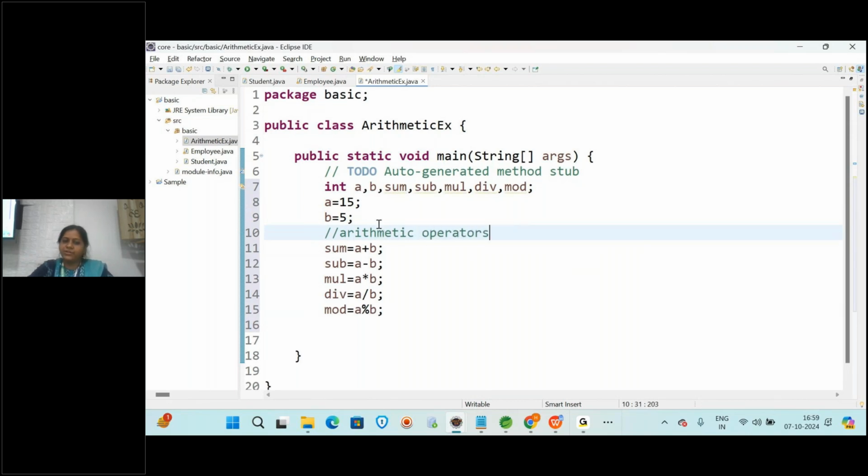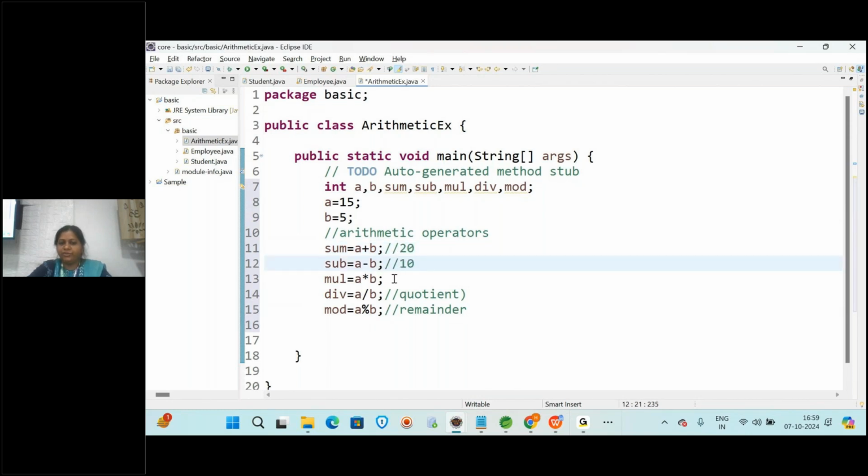Now I asked you to tell me this. Whenever you are doing division, it will consider the quotient. And whenever you are doing modulus, it will consider the remainder. So what will be the value of a plus b, 15 plus 5, 20. 15 minus 5, 10.